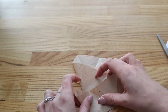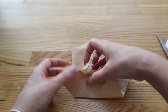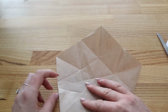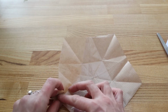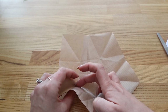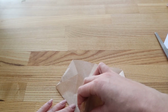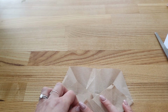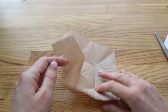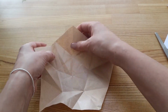Oops. What am I doing? There we go. Against that line, create another one there. And then finally, this is my fifth one. So again, it's against the direction of your existing fold, so slightly fiddlier, but just the same as the others. Fold that in along your two lines at the side and the bottom, and then make your new fold there. Okay, so now what you can see is that you have made these new folds all along the